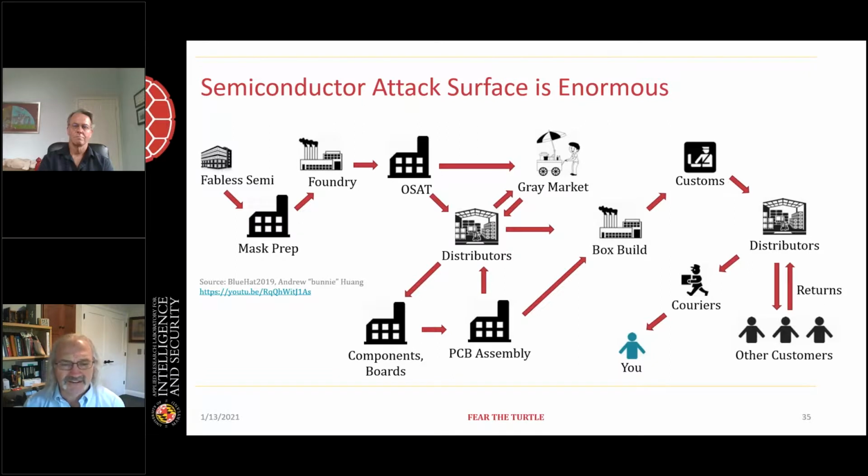I think you'll get access to the slides eventually. There's a great little presentation from Andrew Wang at the Blue Hat 2019 Security Conference that talks in detail about the attacks that can happen at each of these places. It's definitely worthwhile having a look at that. Now, how this ties back to what we're talking about today is the next slide,